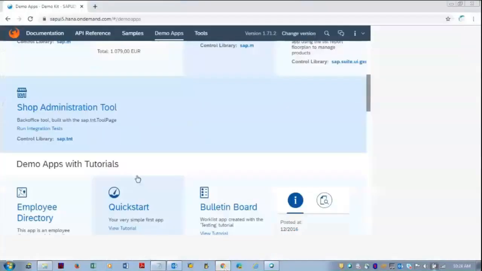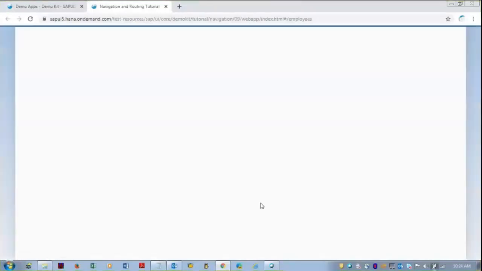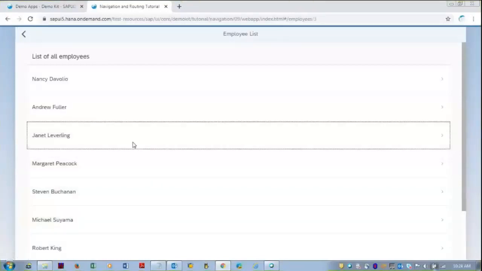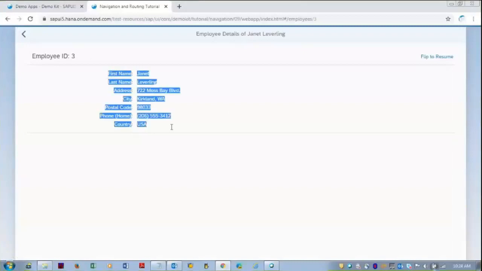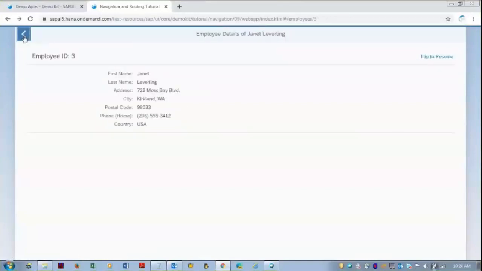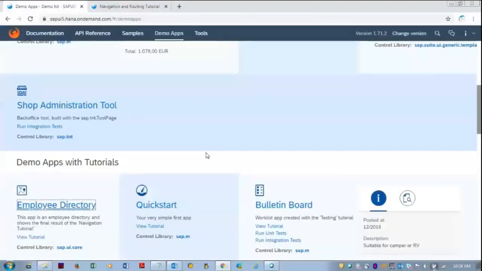So let us see the applications here. Employee directory is built on the worklist. Worklist means list of work items. Here you are going to see 2 views. A navigation will be there between the views. A view is synonymous to a page. The page you are seeing is nothing but a page or a view. When you click on any work item, it takes us to the second view, which has the details of that work item. You can have other views also. There will be a sliding or flipping between the views.